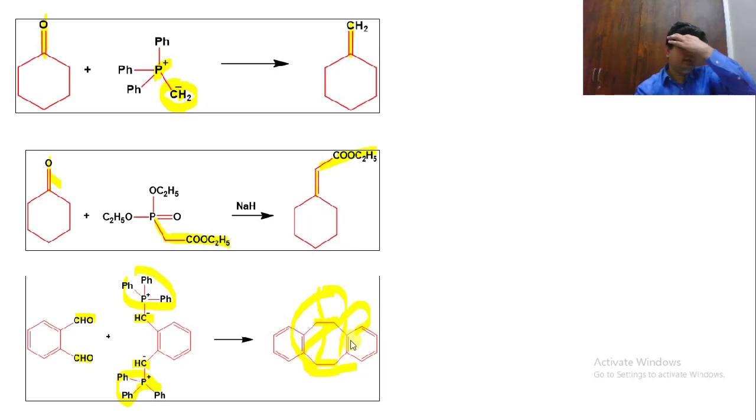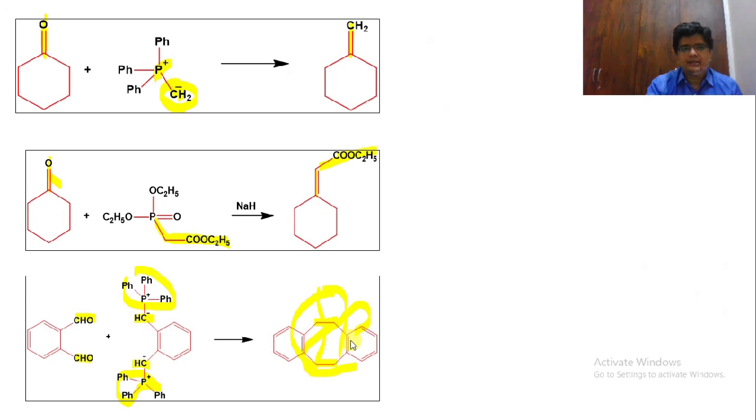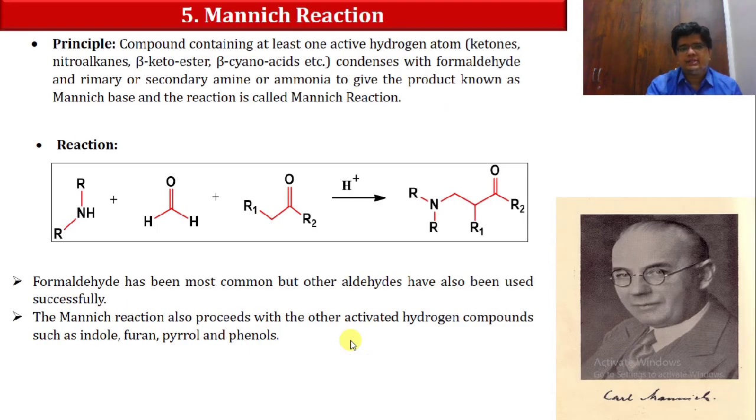Okay. So now Wittig reaction. In Wittig reaction, that is a P ylide compound, or what we can say, in examination you can be asked a question like this: in Wittig reaction, the intermediate is followed by P ylide, S ylide, N ylide, or carbanion, carbocation. So you have to choose one of them, that is P ylide. Okay, now let us understand the fifth reaction.